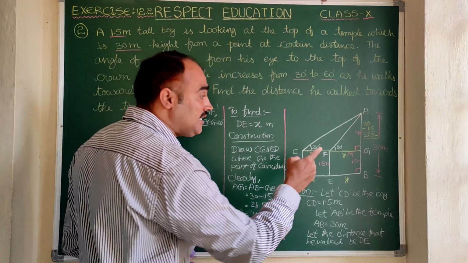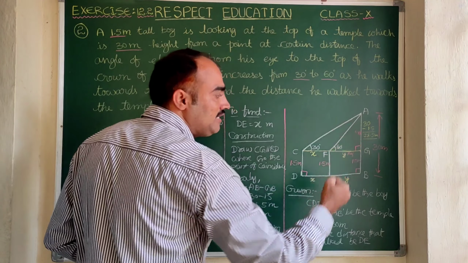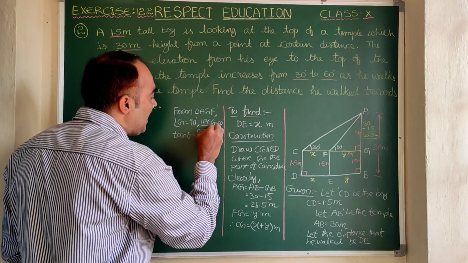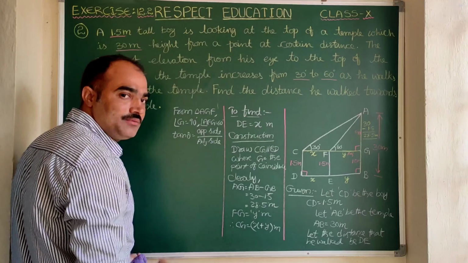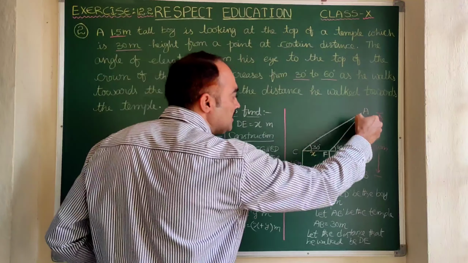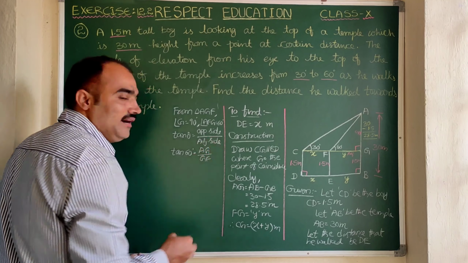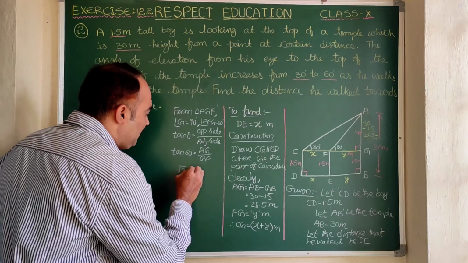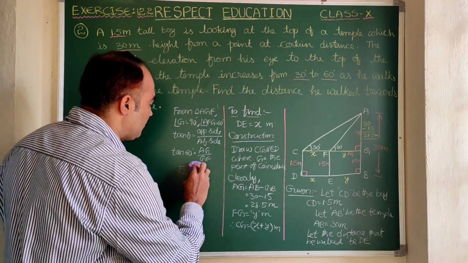Now here, which trigonometric ratio is applicable? Tan theta is applicable, because tan theta is the opposite side to theta by the adjacent side to theta. Let us substitute the values. Here theta is 60 degrees. Tan 60 degrees is equal to AG by GF. Tan 60 is to be remembered, that is root 3. And AG we have already written here as 28.5.